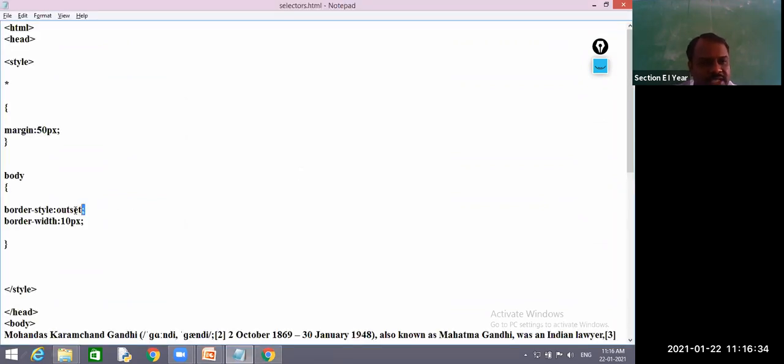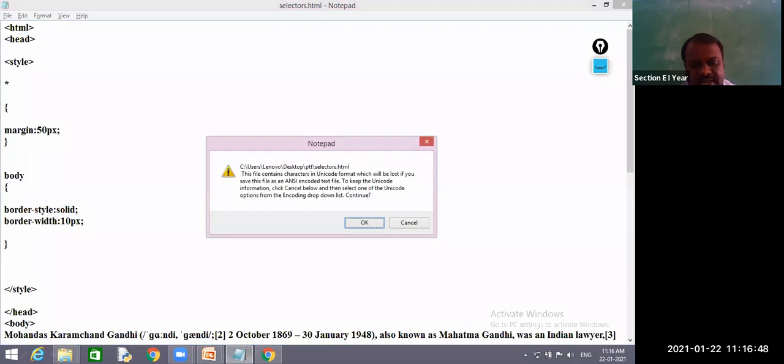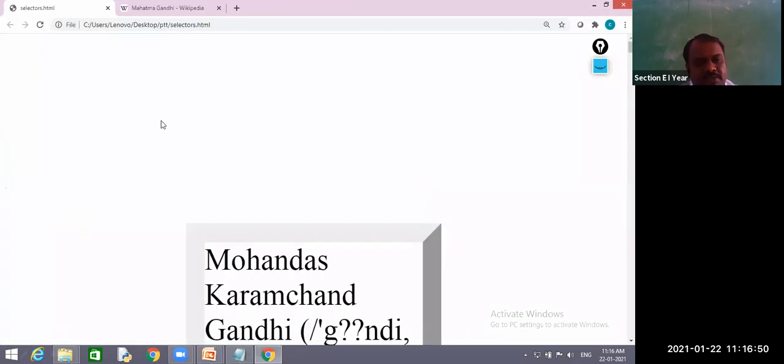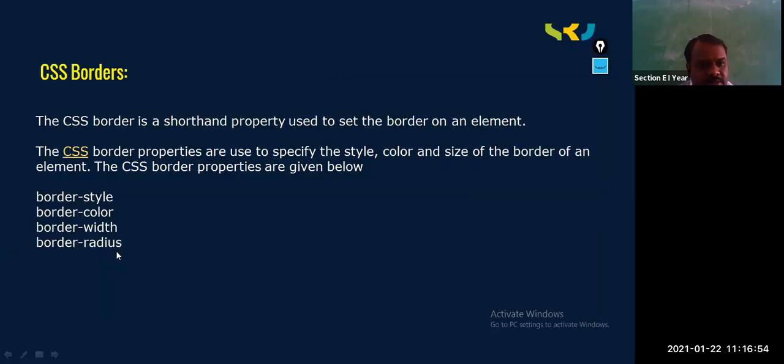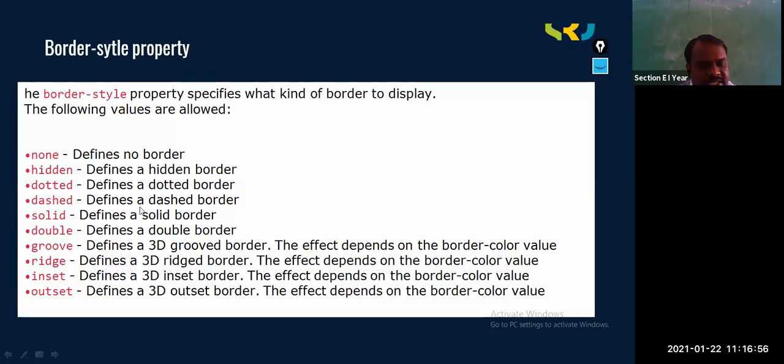But among all these, most of the time we use either solid or dashed. In most cases you see only solid. So in future we will learn with solid only, but if you require, you can go for these different types of border styles. Okay, so border style is clear.